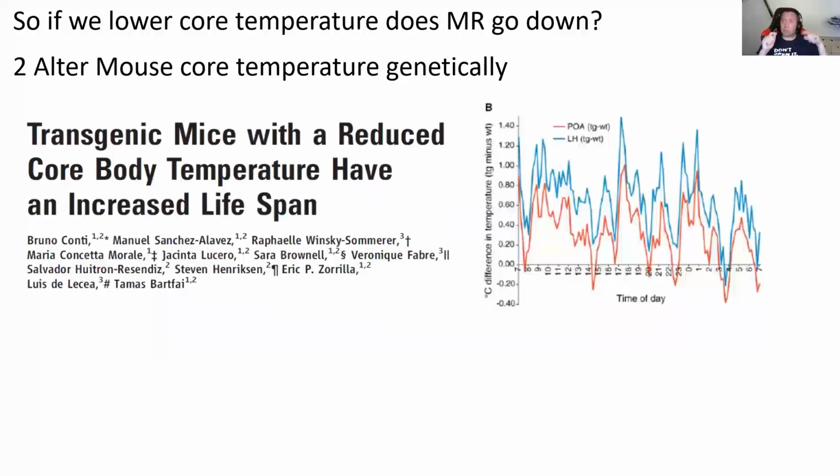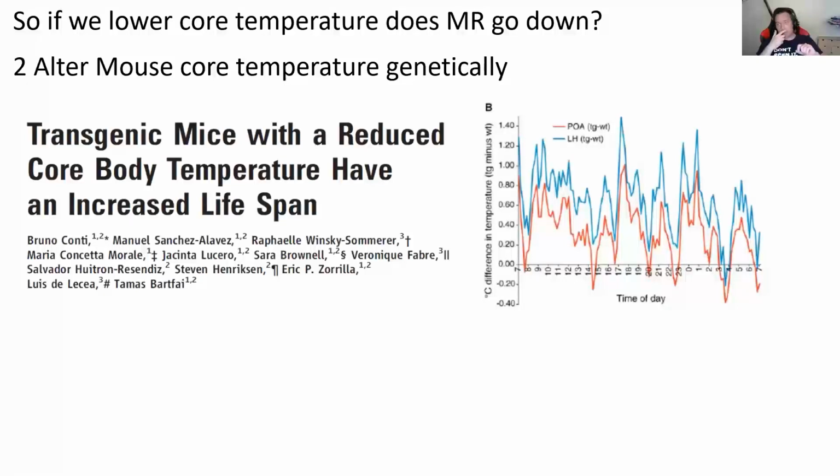It's also possible to alter core temperature genetically. So this was a really nice study from the lab of Thomas Bartfai, and what they did was they targeted those neurons I mentioned in the lateral hypothalamus and the preoptic area that sense temperature. And the way they targeted them was they decided to make those regions of the brain hotter by virally overexpressing